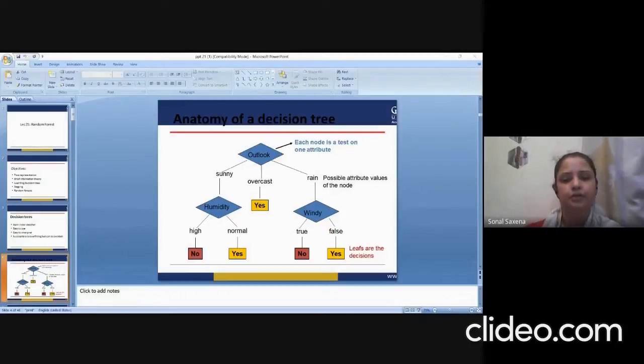Now, if you don't know how a decision tree works or what a leaf or node is, here is a good description from Wikipedia: in a decision tree, each internal node represents a test on an attribute, for example, whether a coin flip comes up heads or tails. Each branch represents the outcome of the test, and each leaf node represents a class label, the decision taken after computing all attributes. A node that has no child is a leaf node. As I have already told you, it is called a terminal node or a leaf node.